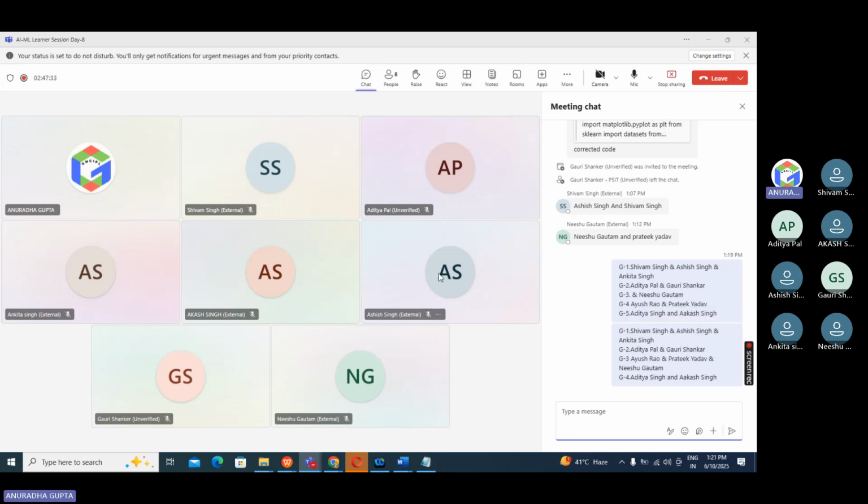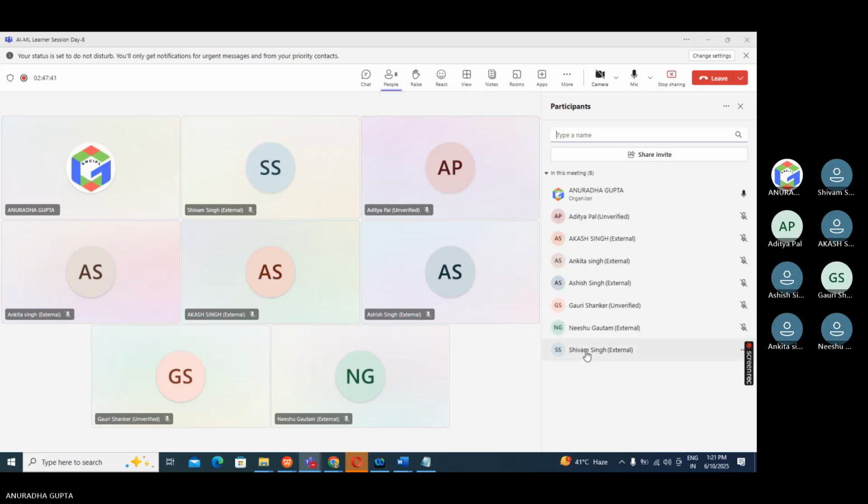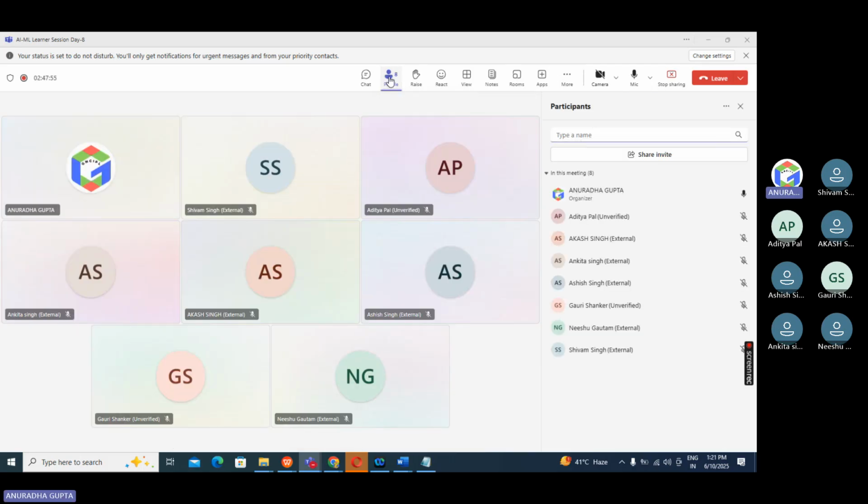Fine. So all of you are covered, right? No one left right now. Okay. So we will send the project information in the group, and accordingly, each group can take one project and start work on it. You have to submit it by this week. Is it okay for all?